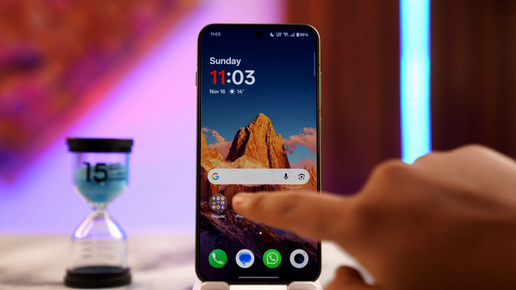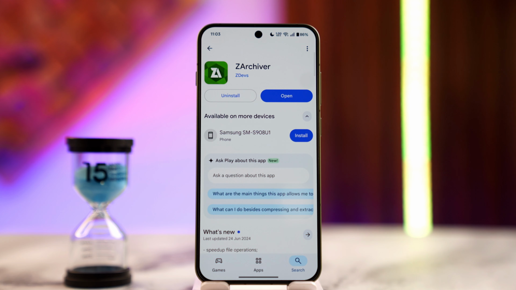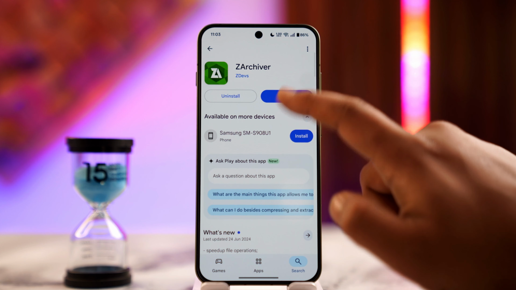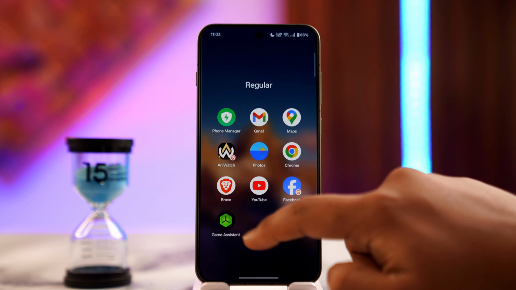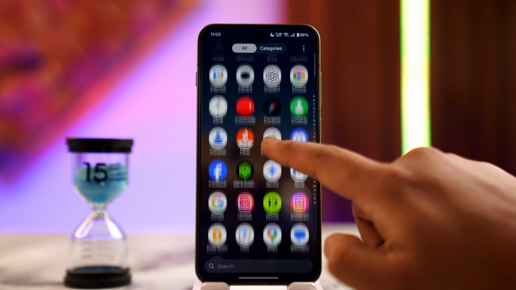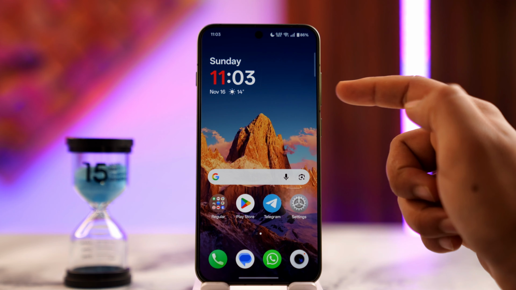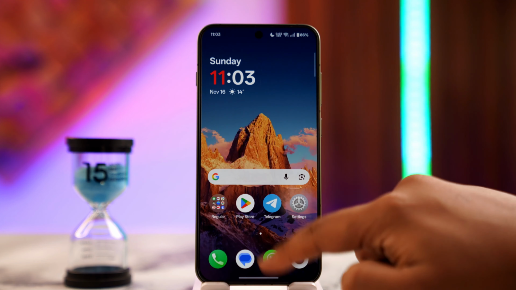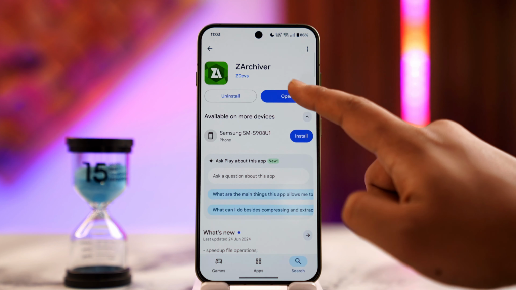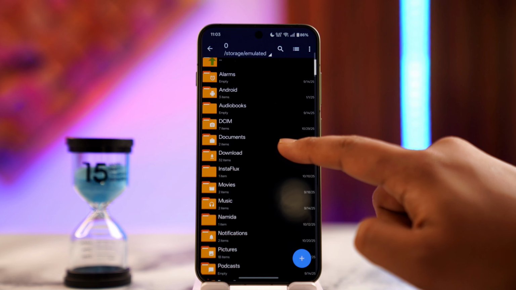So for this, you simply open up your Play Store and download this app called ZArchiver, which is a free application. This will help you manage your zip files very easily. So nowadays, even without ZArchiver, most of the file manager apps have the option to extract it, because now companies have decided it's a necessary feature. Otherwise, you can open ZArchiver and then just navigate to the folder where you have